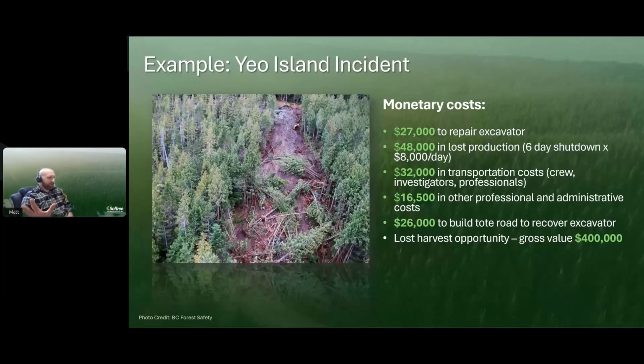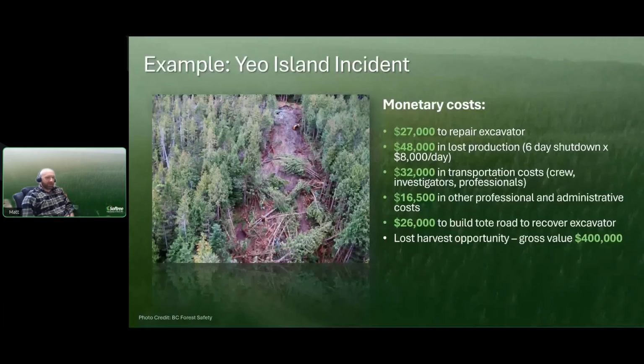The operator was physically unscathed, luckily, so he took a ride down the hill. But even though he wasn't hurt, there's obviously a large environmental impact here. So disturbance area, sediment delivery, loss of inventory as we get into the trees that would have been removed from the site.